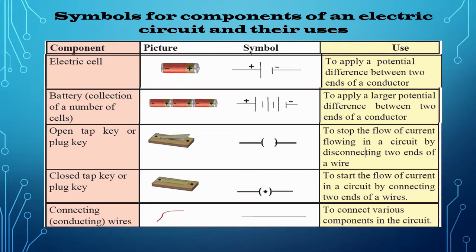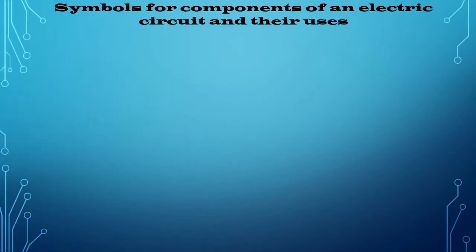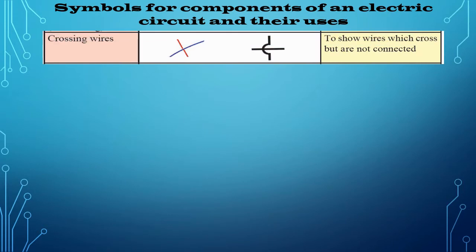Connecting wires are represented by simple lines in the electric circuit. Connecting wires are used to connect various components in the circuit. For crossing wires, a small semicircle symbol is commonly used to show one wire jumping over the other wire but